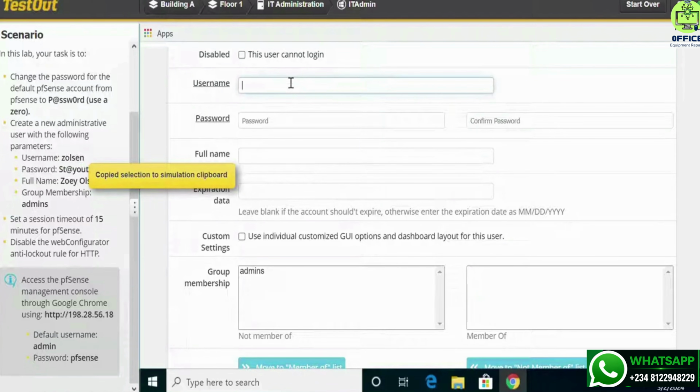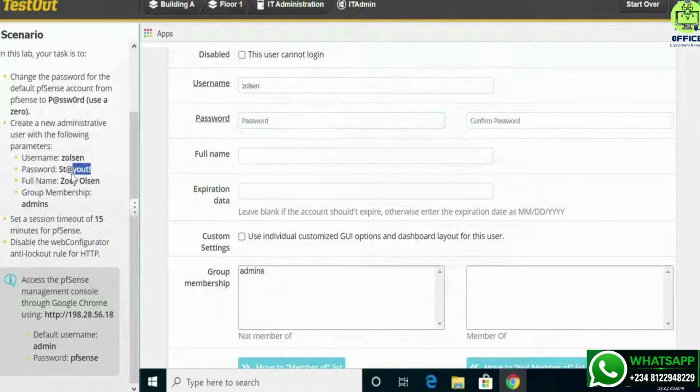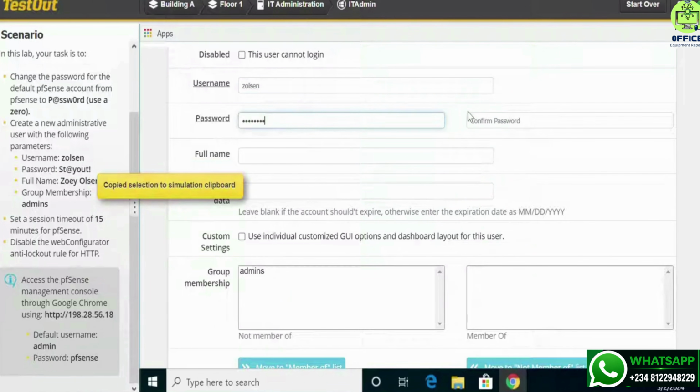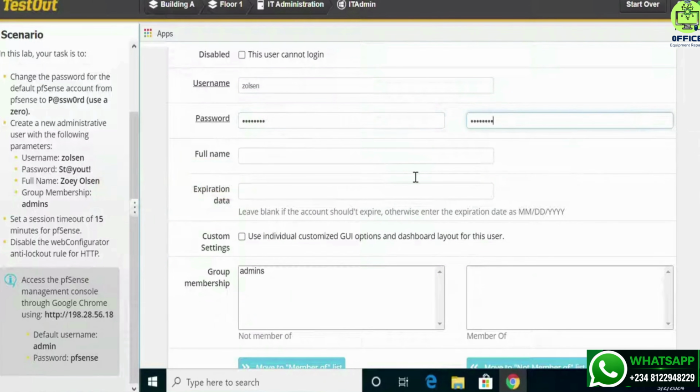And for the password, we just copy and paste to save time and so that we won't make a mistake. Confirm password again by pasting it here, and the full name is going to be Zoe Austin, so we just